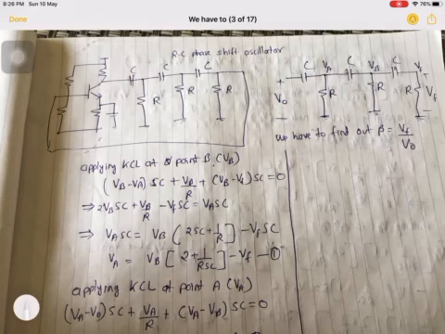Since we know common emitter amplifiers generally provide a 180 degree phase shift. A common emitter amplifier generally provides output with the opposite phase of the input. So 180 degree phase shift is provided by common emitter. 180 phase shift is provided by these 3 RC. So total we have a phase shift of 360 degree.